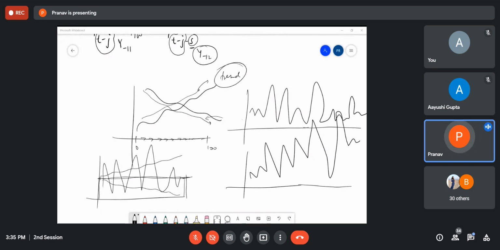And mostly, see, strong stationarity I'm not discussing because that imposes very complex restrictions on the time series variable, and it is also not feasible. So what does strong stationarity mean? Strong stationarity says that all the moments of the distribution of this jointly distributed stochastic random variable are independent of time or time of origin. It means not only mean and variance, that is, not only the first and second moment of the distribution, but all the other higher order moments of this jointly distributed stochastic variable are independent of time. That is a very strong assumption to be met in practice as well,